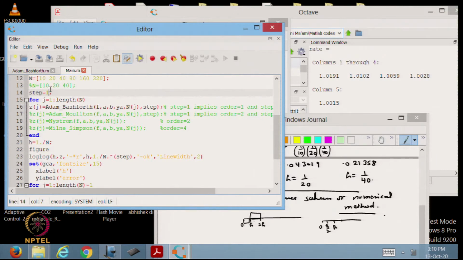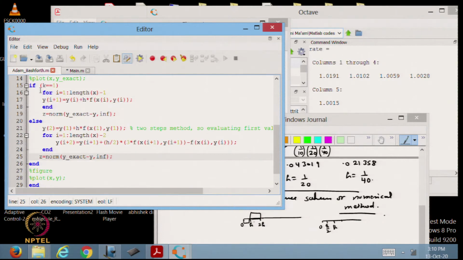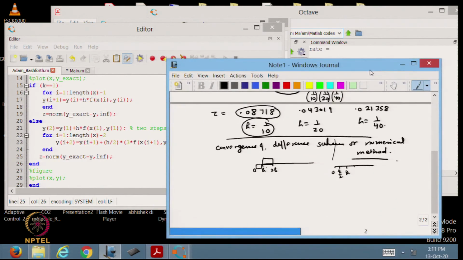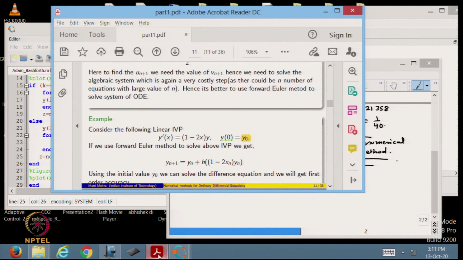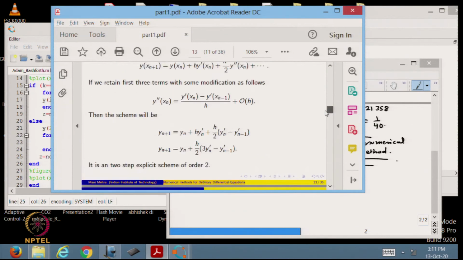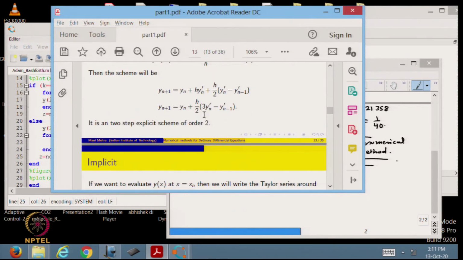So, here let me type out step is equal to 2. If k is equal to 1, the first choice, then the second choice is k is equal to 2. For that reason, our difference scheme, if you remember, let me type here also what it was, or I can show it in our lectures also. Yes, this was the scheme.